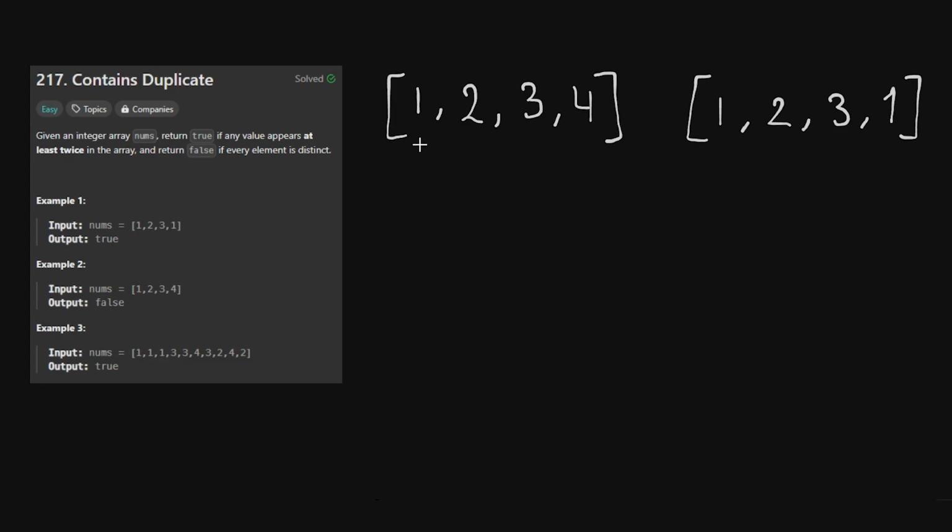I started off the question by thinking, okay, I could do a simple approach of comparing each number, which is 1 to 2, 1 to 3, and then 1 to 4. And then after I'd done that iteration, I would go through the next element in the array. So I would do 2 compared to 3, then 2 compared to 4. And then after that iteration, I go to the next element, which would be 3 compared to 4. And then once each element has been compared to each other element, I know that each element is different,